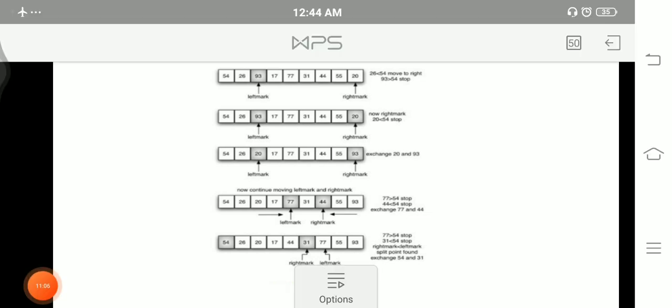In the first step, pivot is set at 54, P is set at 26 and Q at 20. In the first phase, P is compared with pivot. If pivot is greater, it will change their position.